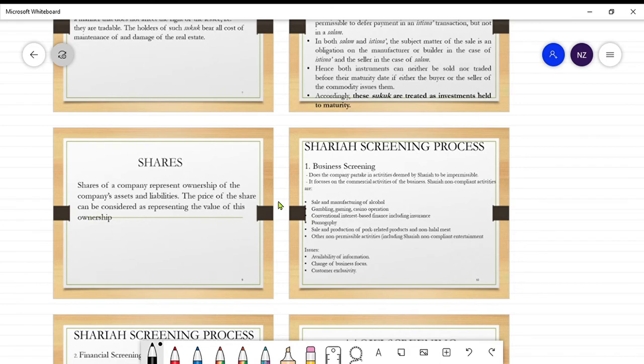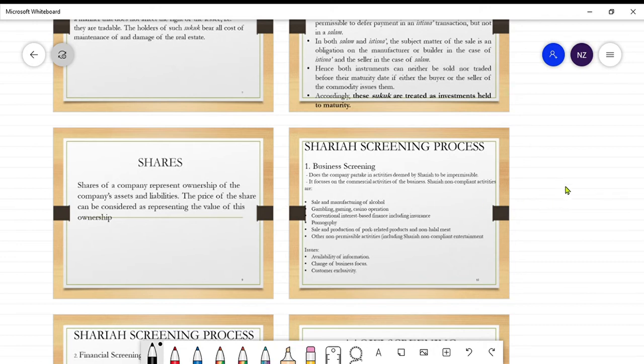So untuk in syariah lah, kita kena screen di shares sebab dekat Malaysia and any other country, probably that company ada lakukan atau dia ada jual non-syariah produk, yang dia jual alkohol ke, dia ada unsur gambling ke, atau entertainment yang ada unsur gambling ke, or probably in terms of financing, dia ada masukkan like interest. So kita as a Muslim, that kind of activity is a forbidden activities yang kita tak boleh nak guna lah kan. So that's why according to syariah, kita kena buat screening process in this shares ni.